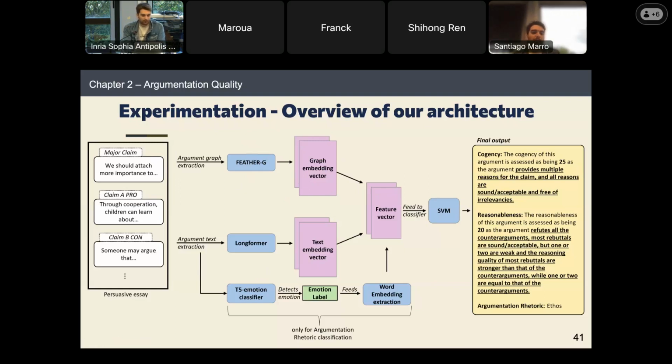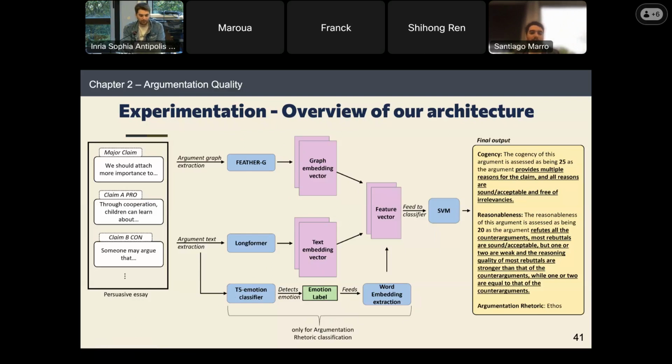But we consider that there are other aspects that could help, and this is what I put here as the emotion classifier. We fine-tune a T5 model, which is a transformer-based model, to do an emotion classification task. Given a text, a sentence, or a paragraph, it gives us a label that refers to the emotion used in the text.